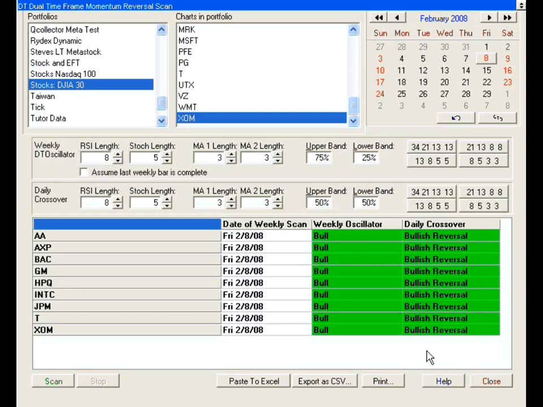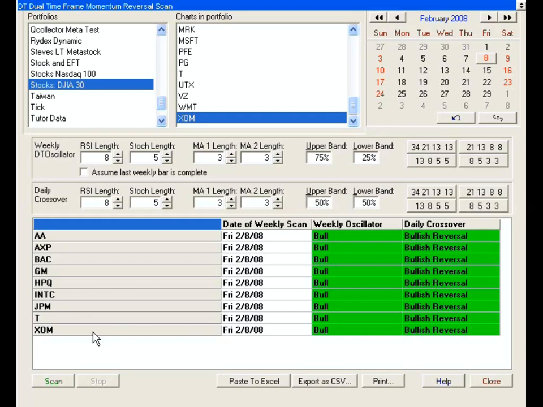Well, let's take a look at one of these. I would never recommend that you just blindly buy or sell when one of the dual time frame momentum setups is made. But you go and you look at the chart and you look at the price and the pattern and the time. And then if that's all in alignment as well, if those conditions are all set up for a trade setup, then we'd consider it for a trade in specific trade strategies. So let's look at